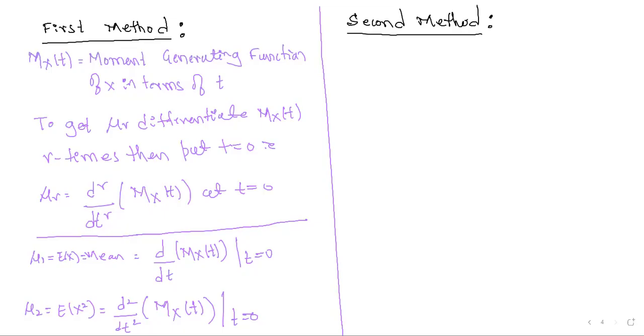Next, we'll go for the second method. Say if x is a random variable, if